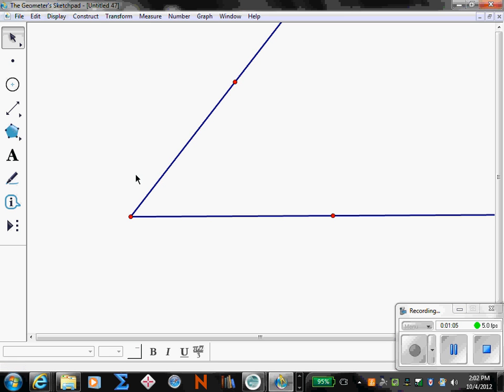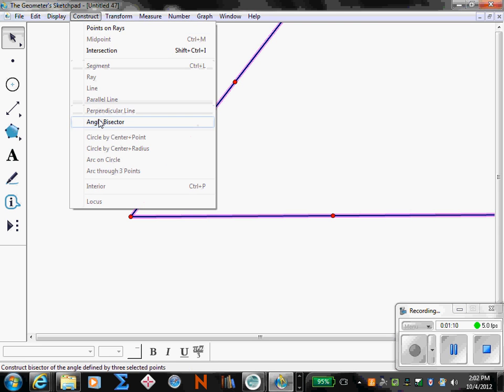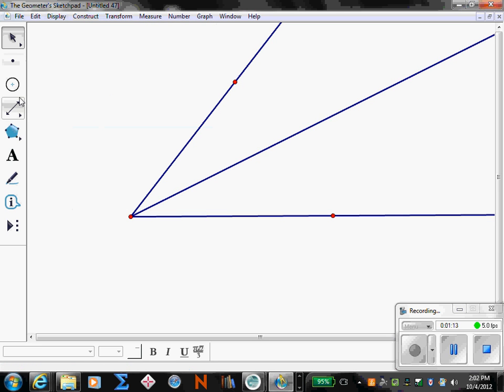Now I want to bisect this angle, so I'm going to highlight it and say construct angle bisector. Now we need to name it, so I'm going to give these points some letters, so angle ABC. Then I'm going to put a point on the angle bisector itself and drag it over there. So the question in the conjecture is, what's the relationship between the point on the bisector and its distance away from the sides